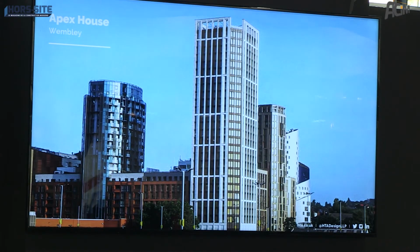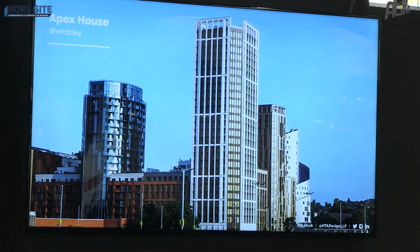So that's 3 of our buildings in close proximity to each other delivered over about a 10-year period. All of them delivered using the same factory, the same system, with different cladding systems. So there's terracotta tile, there's GRC, there's aluminium rain screen, there's some render. So from an architectural point of view, we don't see much,